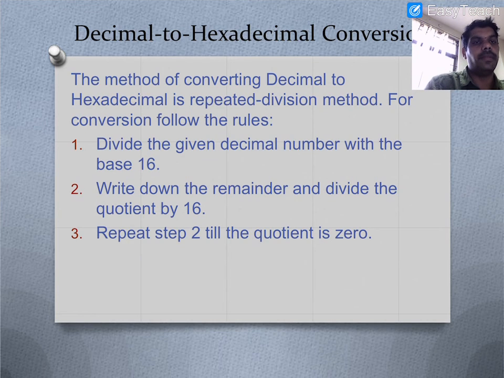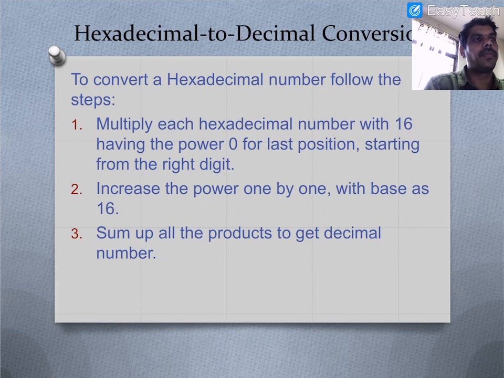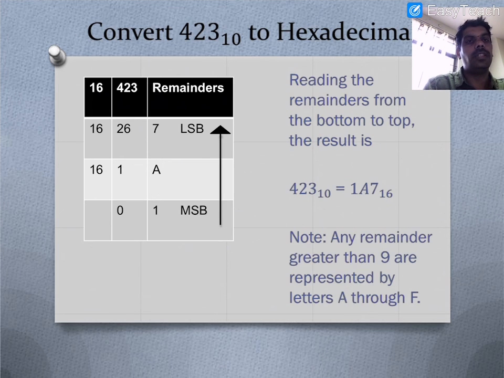Next, decimal to hexadecimal. Hexadecimal in the sense 16. Whatever number we are given, suppose 423, how to convert into hexadecimal? Just divide it by 16. 16 26s are 416, remainder 7. 16 ones are 16, remainder 10, which is the representation for A. So 1A7 base 16 will be the representation for 423. Like this we need to convert a decimal into hexadecimal.